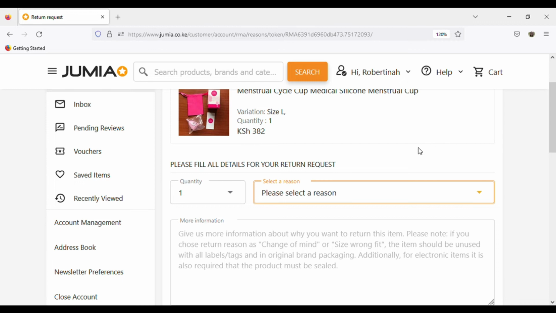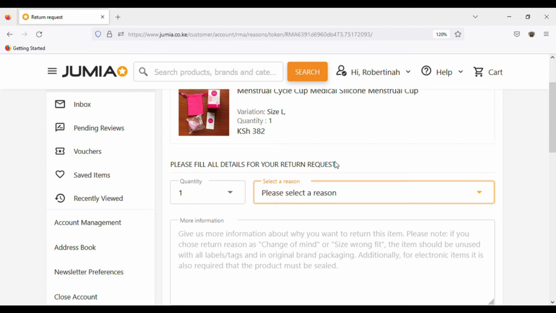On this one, I like to think twice about it, because imagine if you buy a size 2 shoe. Okay, size 2 is really small. Let me be realistic, like a size 41 and they deliver size 41, but when you fit that shoe, it doesn't fit you. You can't return that item because you ordered for the 41 and they have delivered 41. It is not their problem that your foot could not fit in that particular shoe. So that one, I don't think it has a lot of weight when it comes to requesting